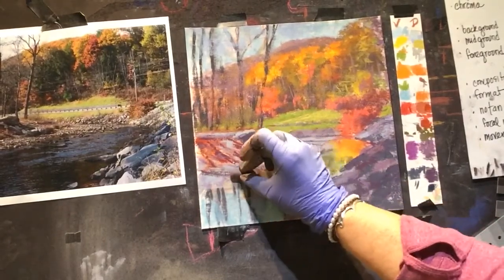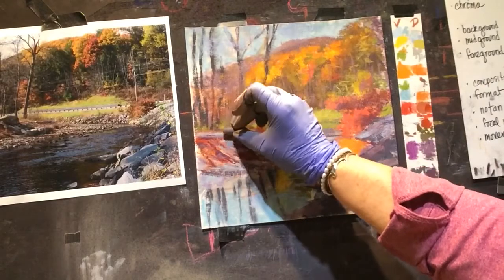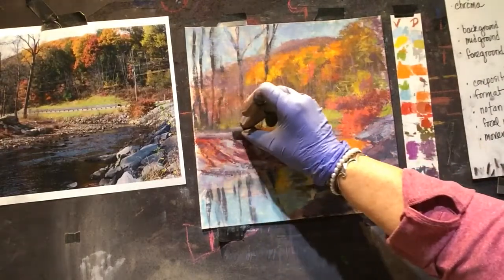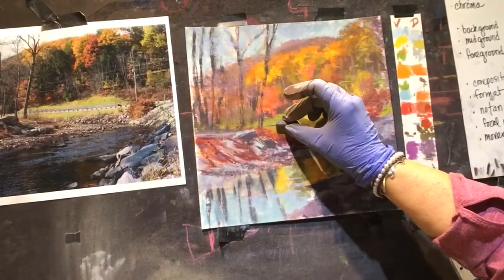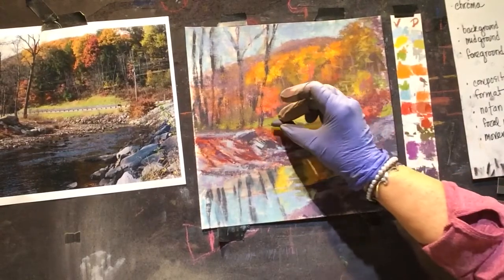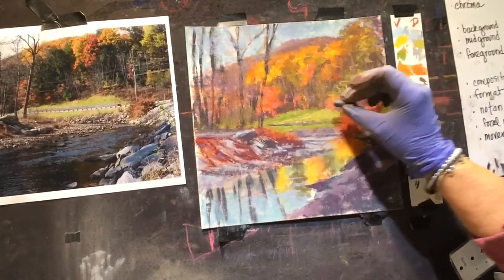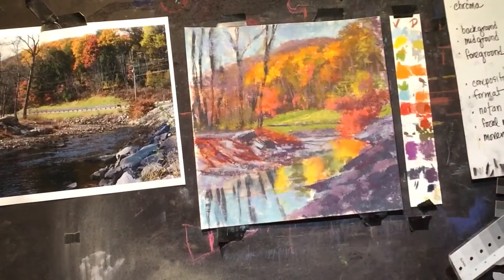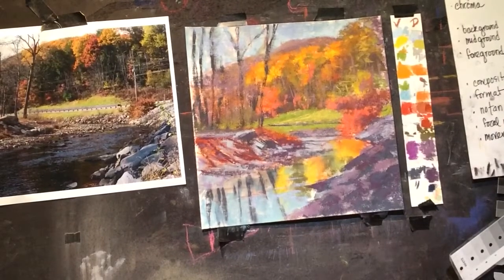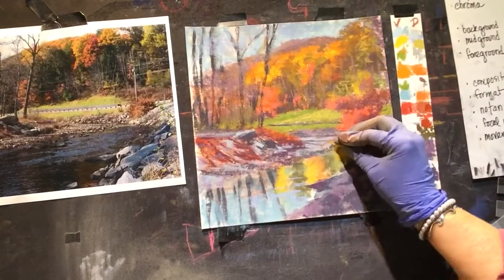Okay, and I really can't do this water because I haven't done the trees, so let me get up here and take care of some of these trees. Okay, look, these are two different now, so I'm okay. Maybe I'll put this guy at a bit of an angle there. You're not going to see much of that road, but there is something there, so a little bit of an edge. And I'm really thinking of value and whether I'm putting down something that's muted. So right now I'm putting down the muted objects. I'm going to come in for this water, but I want to sort out and get my